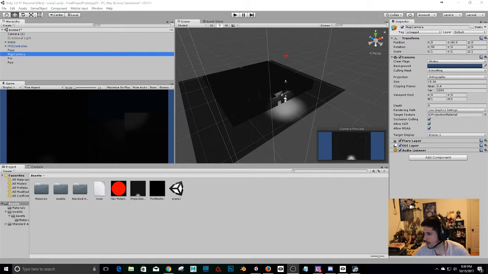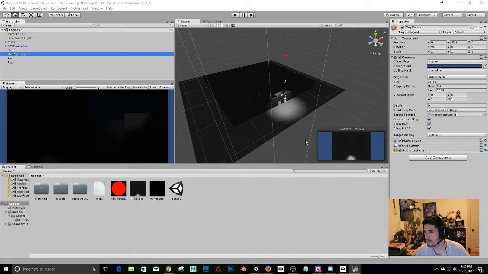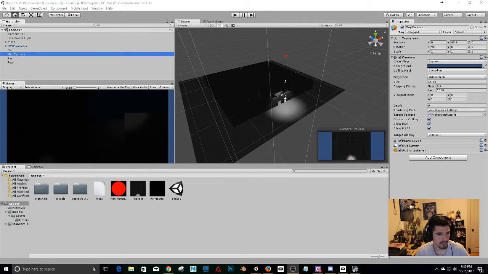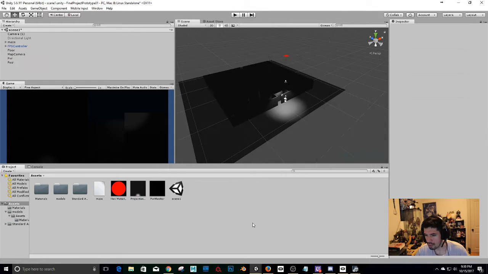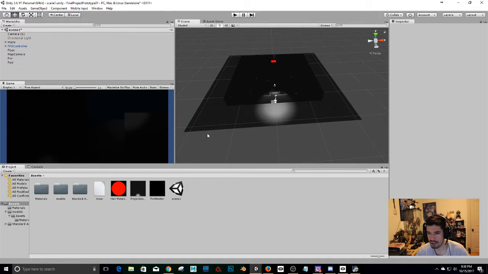Okay, so I'm going to try to continue this stuff. I'm going to try to continue this just to make an example, because I finally found how to display a different screen